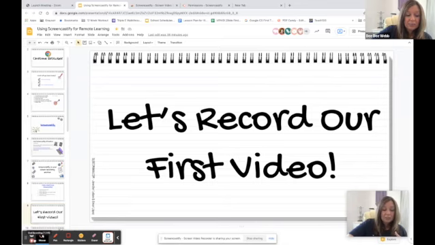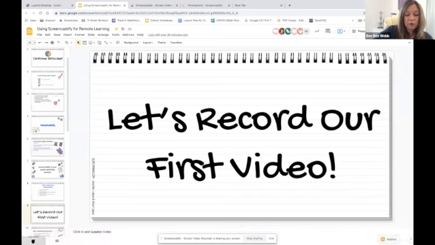Okay, and then of course the end recording button is this red button here in the bottom corner, and that will end my recording where I can now share that. So I'm going to go ahead and click end recording.